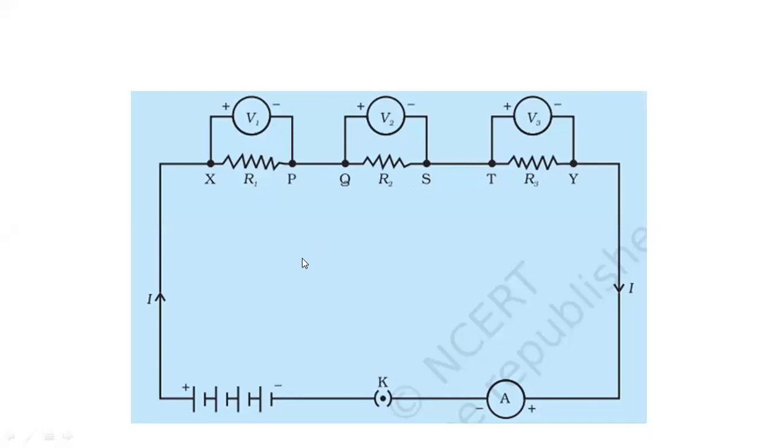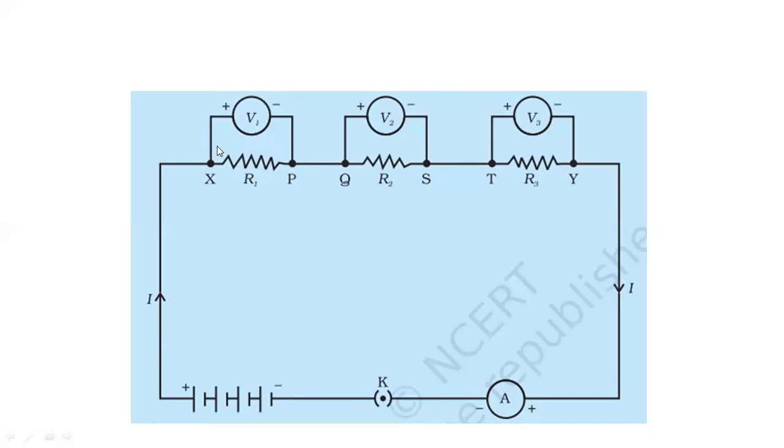But मैं तुमको एक चीज बता दूं, if you change the points, that is from X to P to Q to S, whatever potential difference you get in the first case would be different from the second case. Reason, what is the reason? Because you are changing the points. If you change the points for sending a charge, basically you are changing the potential difference.